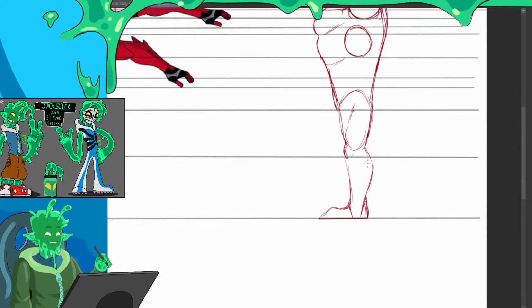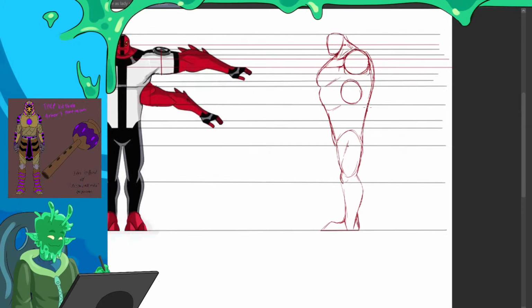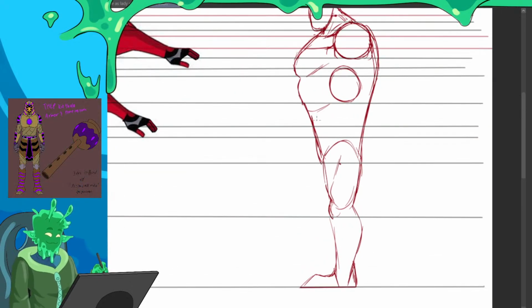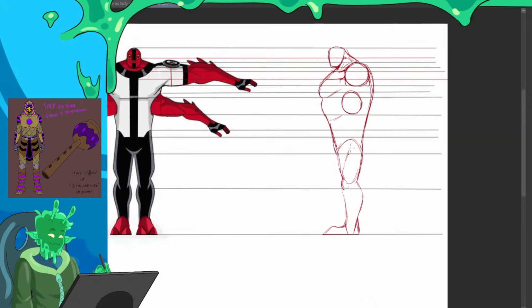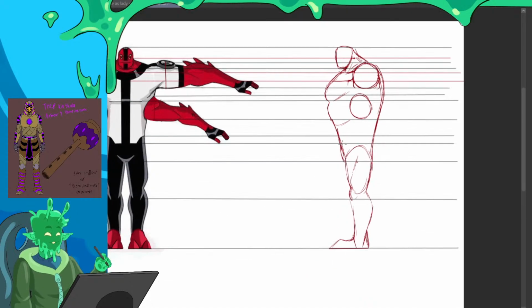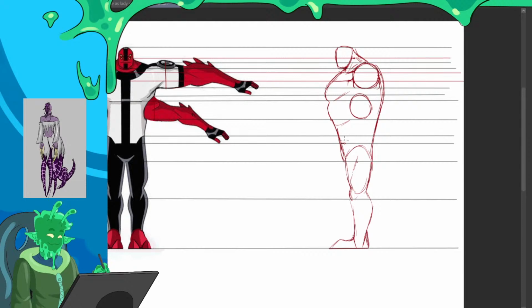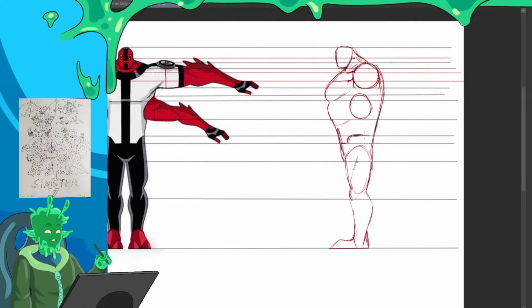Yeah, they really did not give him an ass, because he really doesn't have one. So if my measurement's correct, yep, this is where that should be. And it just kind of swings around to the back and goes all the way around.